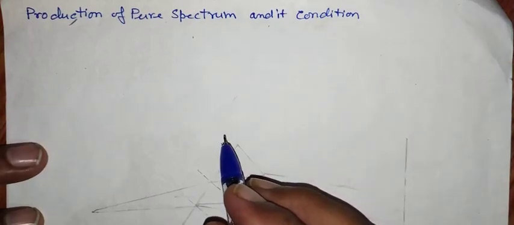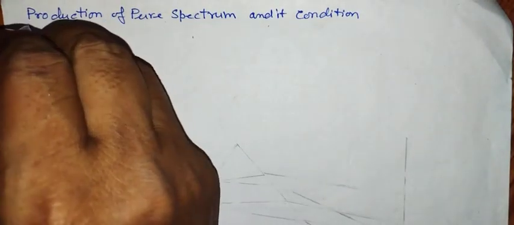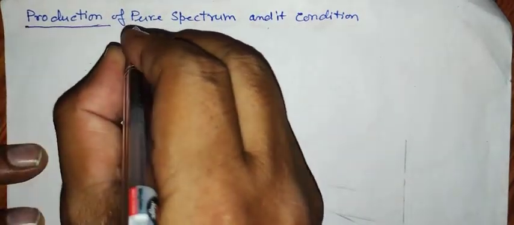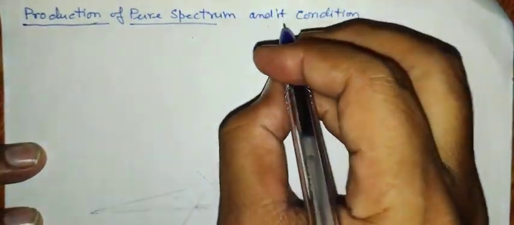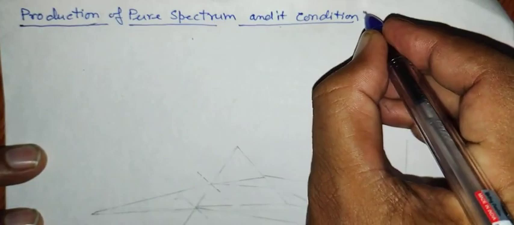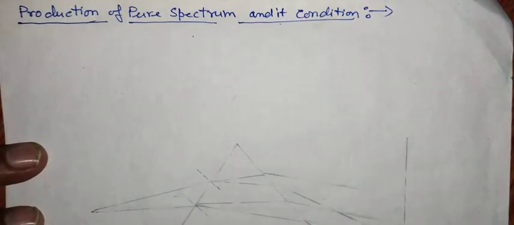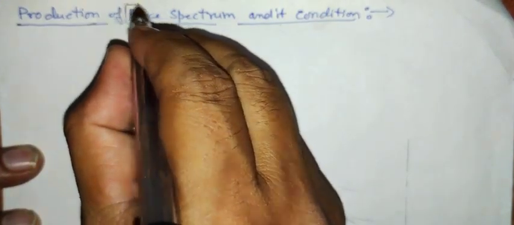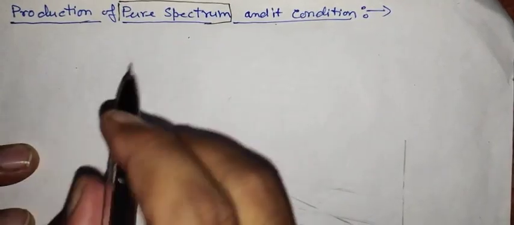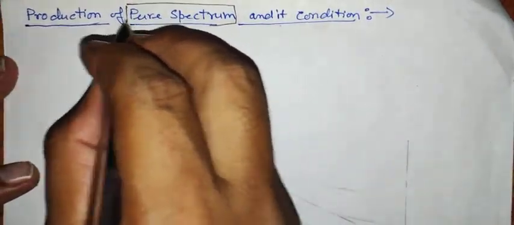Hello everyone. We are going to see the production of pure spectrum and its conditions. See carefully the phenomena of pure spectrum. In this pure spectrum, see first of all,